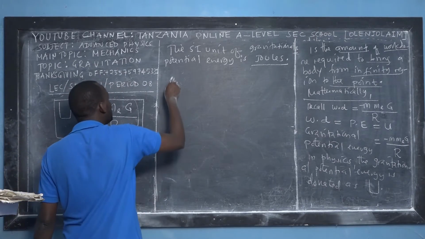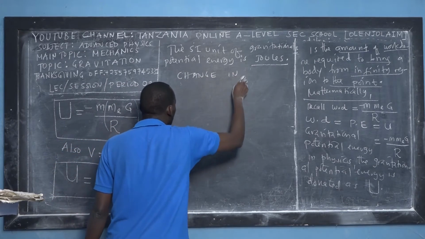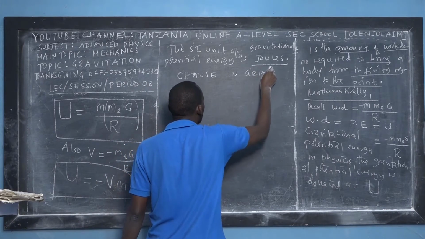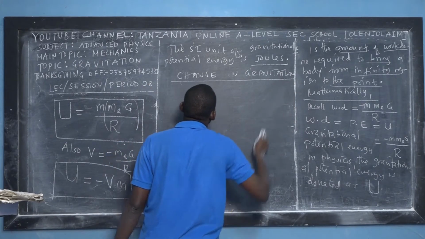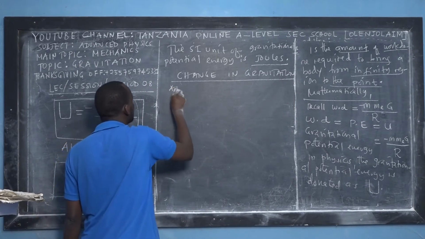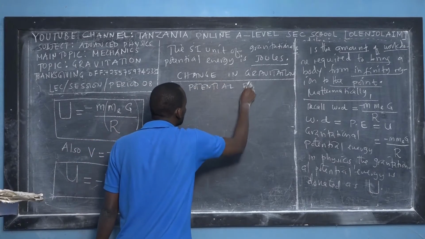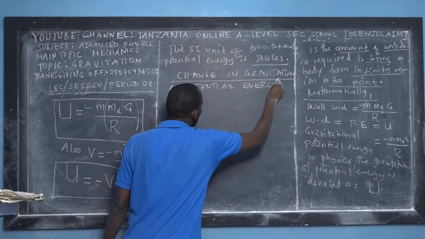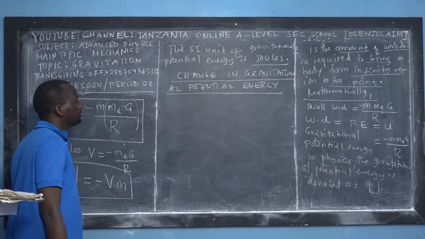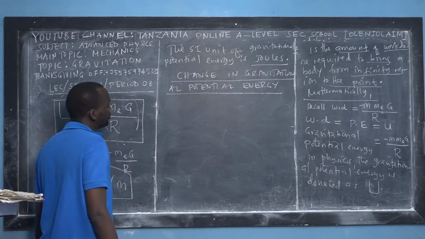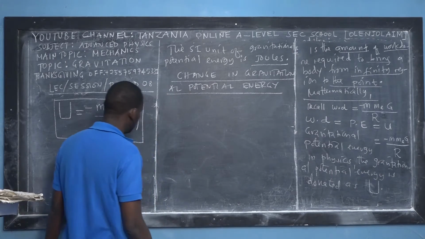So let me teach you about change in gravitational potential energy. It is a very important formula in computation. Change in gravitational potential energy. This is a very interesting point. So the change of gravitational potential energy, we say that